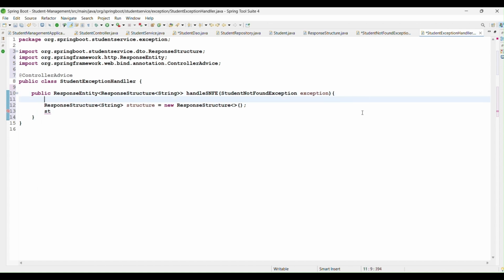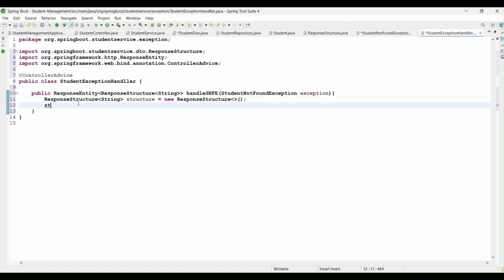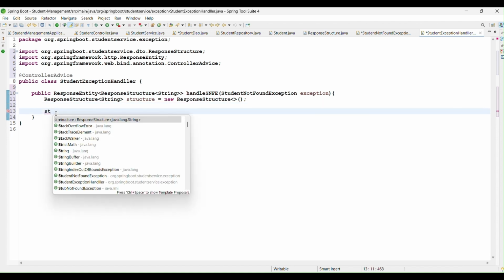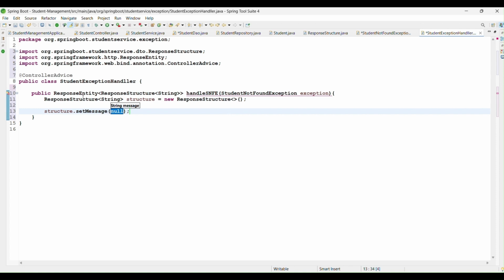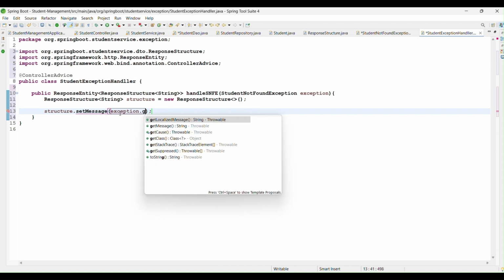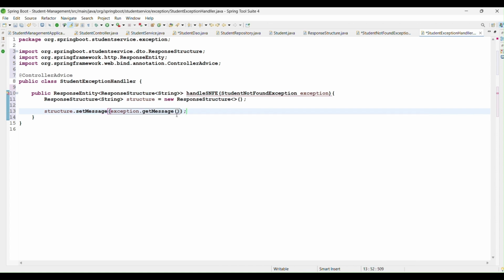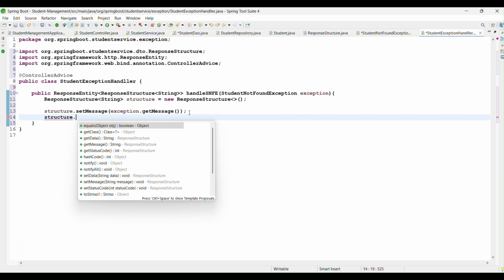Structure. Now we have to set the data. The structure dot set message. Did you know that this is for the structure class? From that class it will be coming. Okay. So, the exception dot get message, and structure dot set